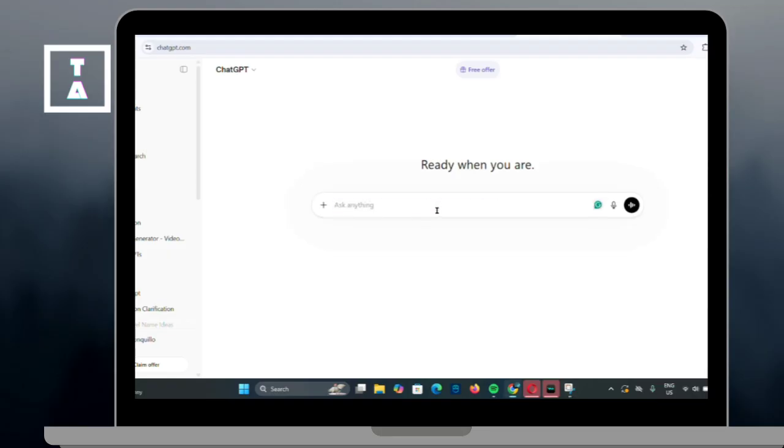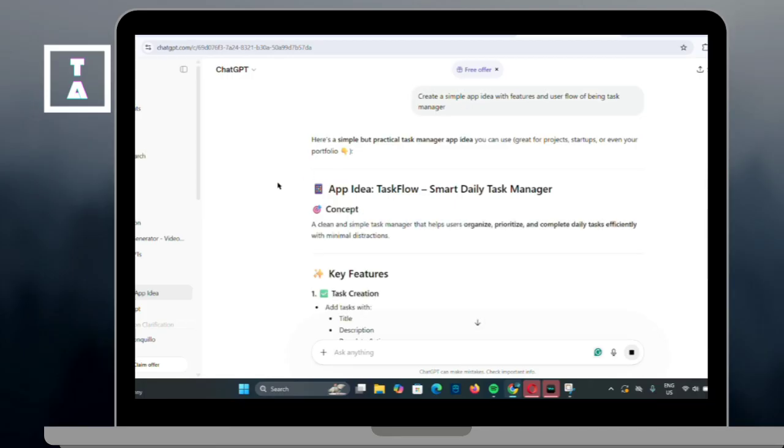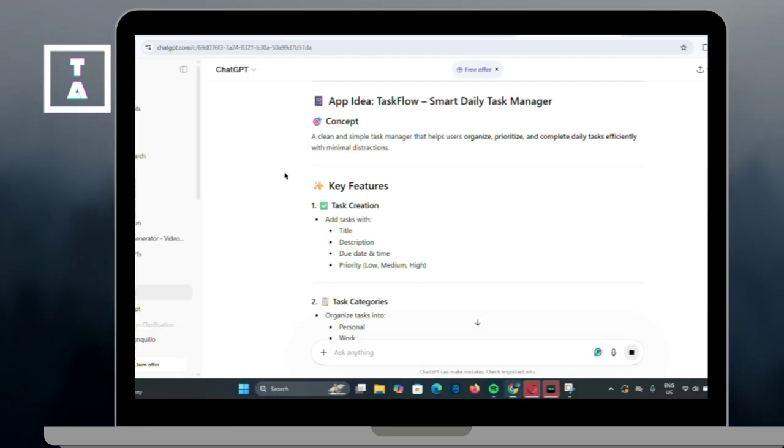Then decide what type of app you want to build, such as a task manager, chatbot, or simple business app. Then ask ChatGPT to generate your app idea by typing, create a simple app idea with features and user flow. And after that, use ChatGPT to generate step-by-step instructions by asking, guide me to build this